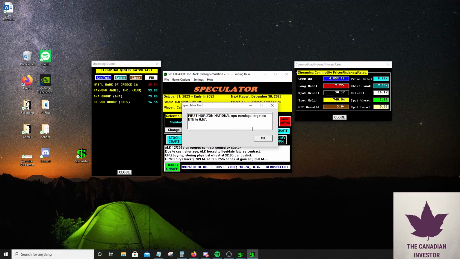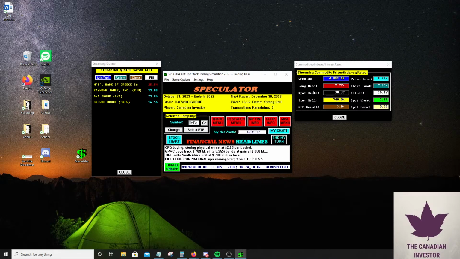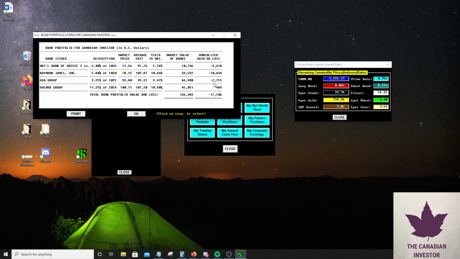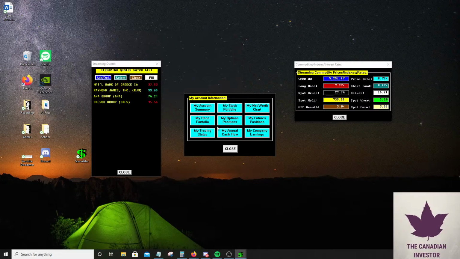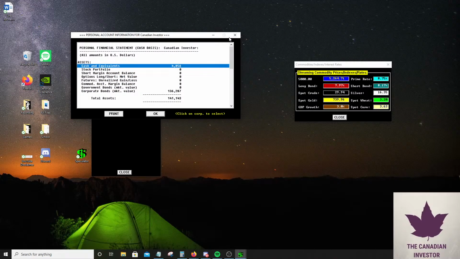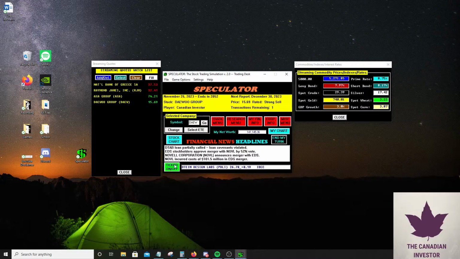So right now it makes more sense to go for a bit longer term bonds than shorter term. But then again, interest rates could go up even higher than this. So interest rates are starting to get really good right now. So we have about $4,000 in cash flow right now.